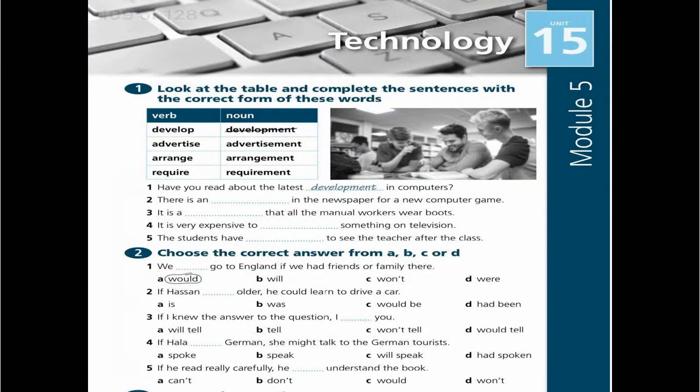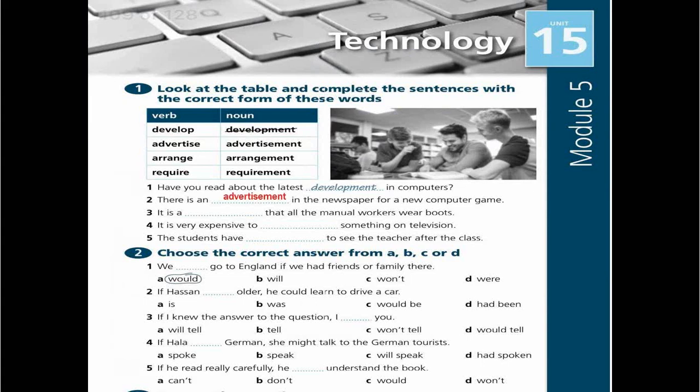Now let's do some practice in the workbook. Exercise 1. Look at the table and complete the sentences with the correct form of these words. We have the words develop, the verb, the noun development, advertise, the verb, the noun is advertisement, arrange is the verb and the noun is arrangement, require is the verb and the noun is requirement. For number 1, have you read about the latest development in computers? Number 2, there's an space in the newspaper for a new computer game. The answer is